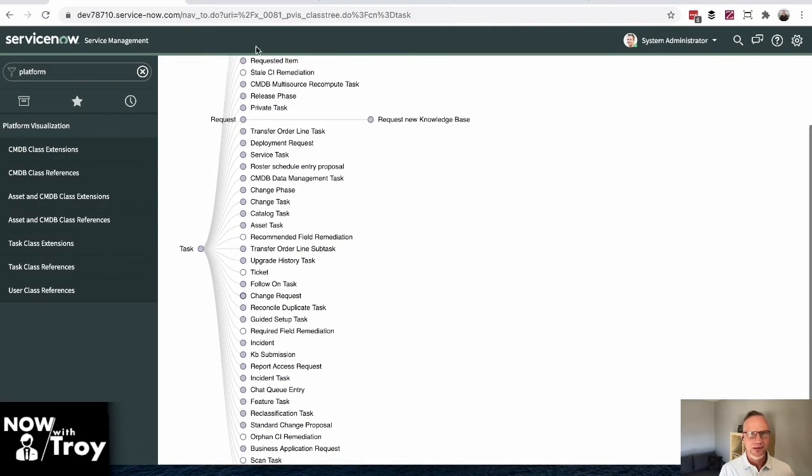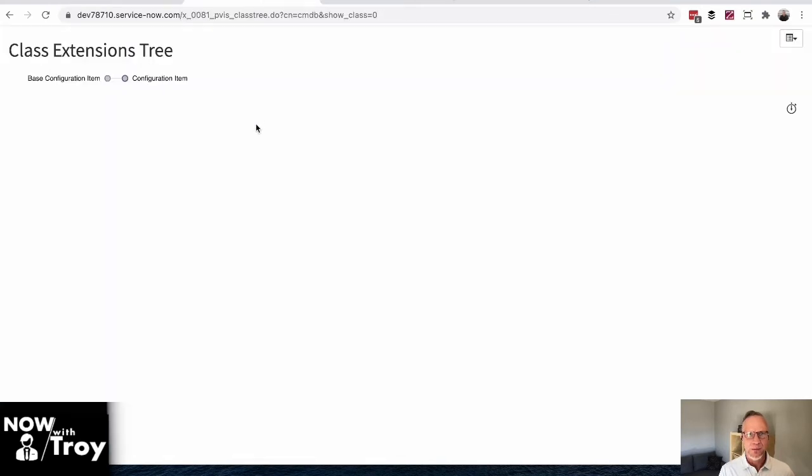Task is not that deep, but let's jump over here. This next tab, I preloaded the CMDB tree. This one, if you run this, it will take a while